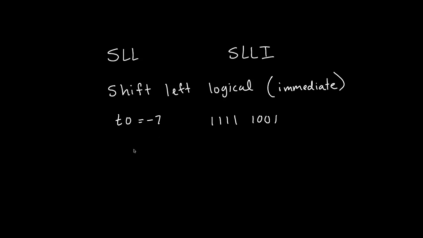The way that would work is we are going to shift left logical immediate, and we're going to store the value. We can store it in T1. We're going to multiply the value that is in T0, which is -7, by 2. And the reason we're writing 1 is because each time we shift something to the left,